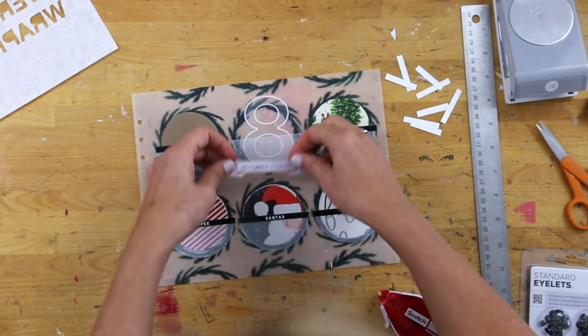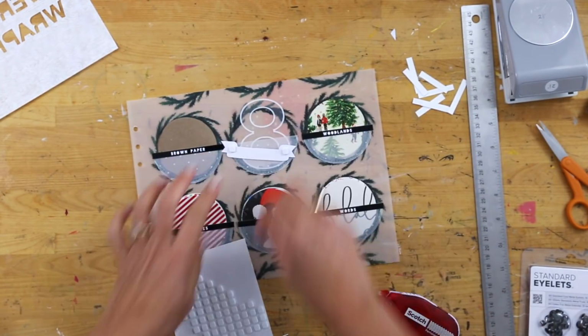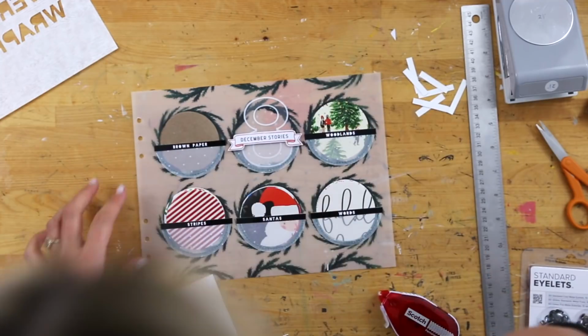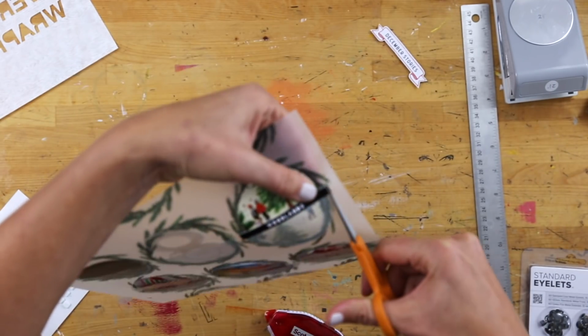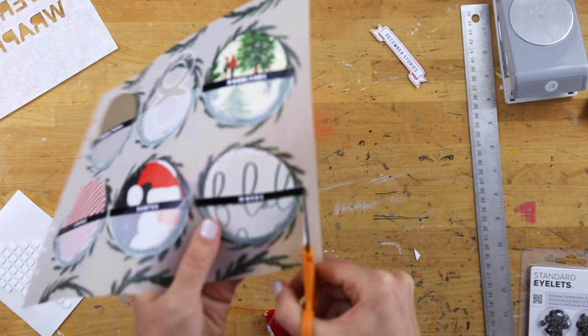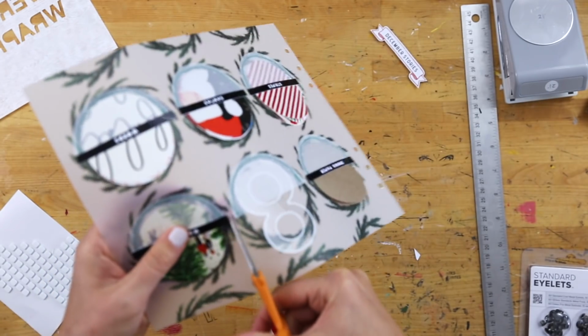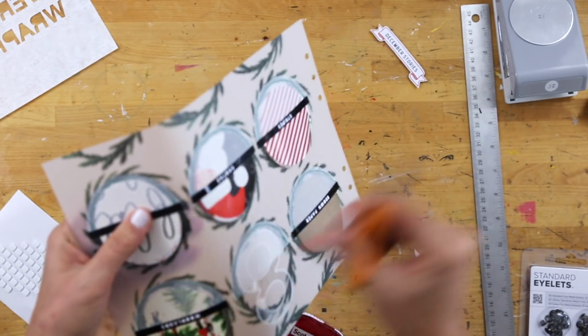Or maybe you're somebody that's like, I hate wrapping paper and we're using all reusable sorts of things now, right? That's a story to tell also in your project there. I just added on the foam adhesive squares to the back of that December stories. And now I also picked up my scissors and I'm going around those edges and kind of just trimming them a little bit, giving them a little bit of a curve, but definitely